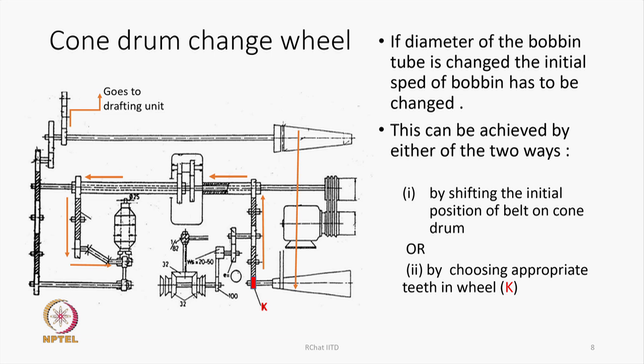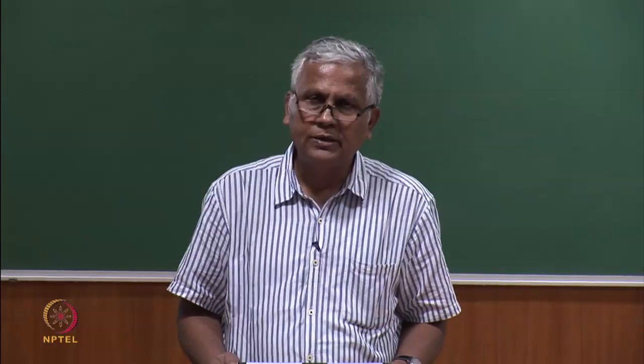Therefore, if it goes through the differential, then the output of the differential goes finally to the bobbin. So, it is going to change the speed of the bobbin. Therefore, this wheel is going to change the speed of the bobbin when we need to change the tube diameter of the bobbin,